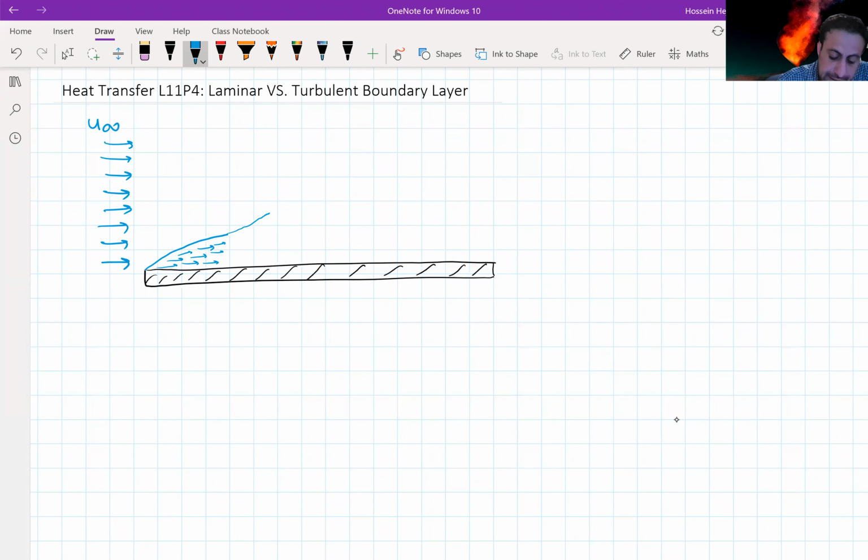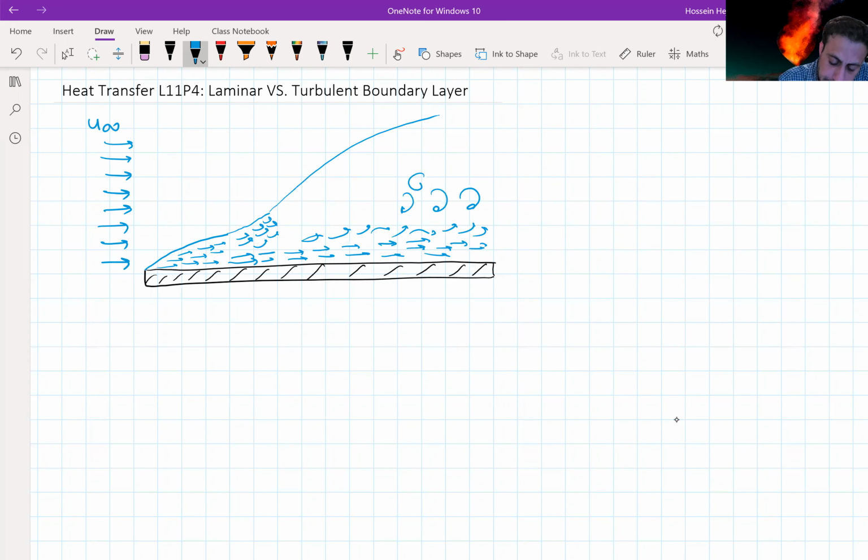And then we can face a transition zone when the velocities are no longer highly ordered, and after that we can reach turbulent conditions where the mixing happens by vortices. So this is the first region where we have laminar